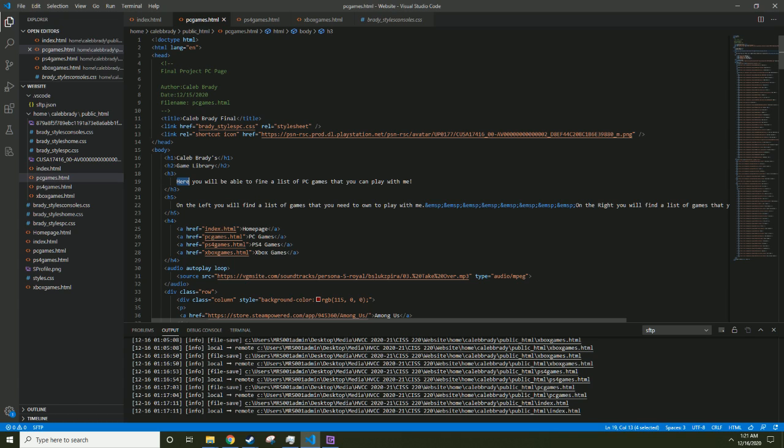So we have the little tidbit here, and then here I have a statement saying that on the left you'll find games that you need to own to play with me, because Steam actually has a service where for certain games you don't have to own them in order to play with a friend, as long as the friend has a copy of the game, or you have a copy of the game. So only one person needs to own a copy. So I have that split into different